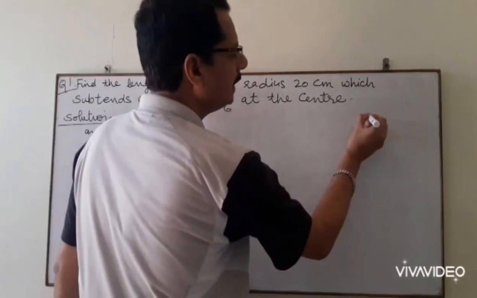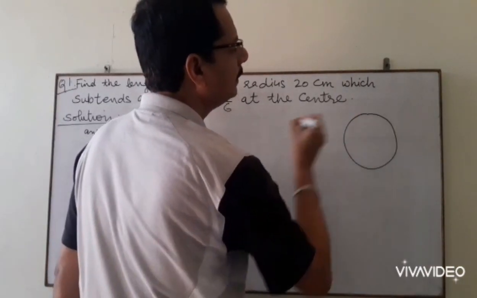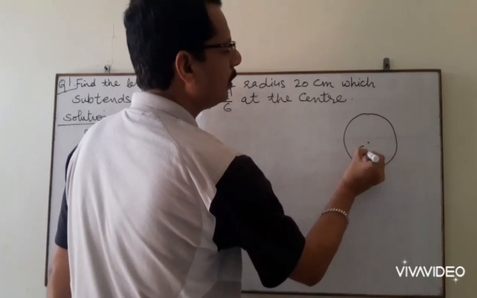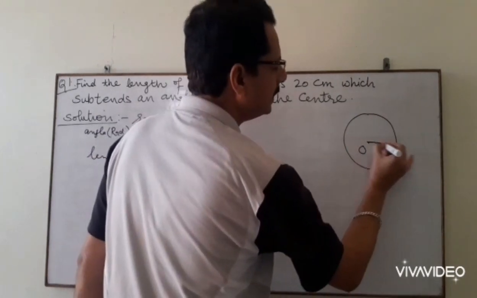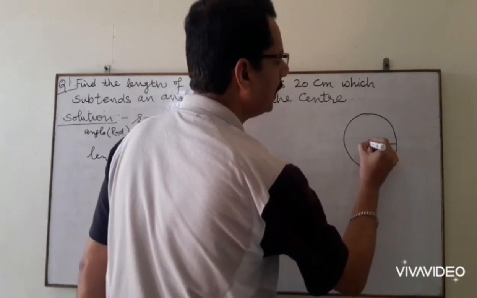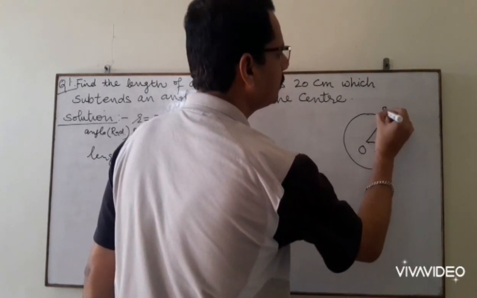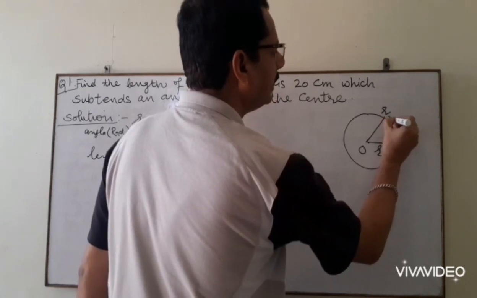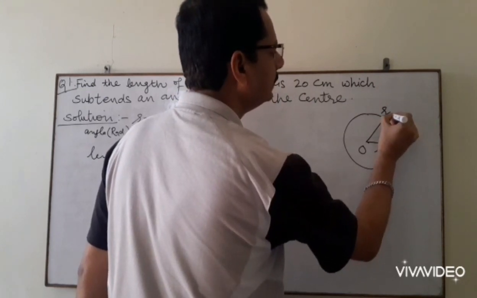So this is my circle, this is the center of the circle, this is the radius. Say I have small r, this is also small r. I have to find out this length,